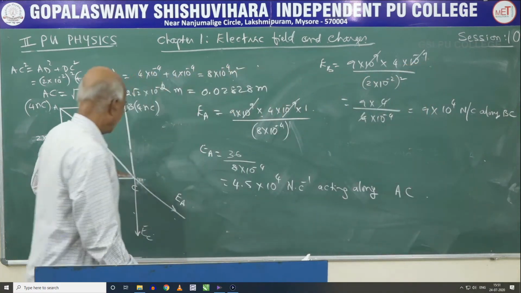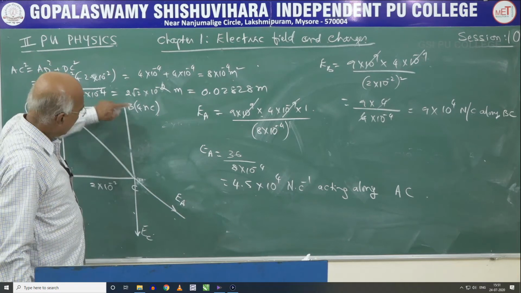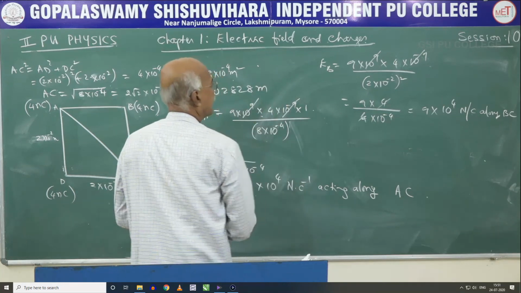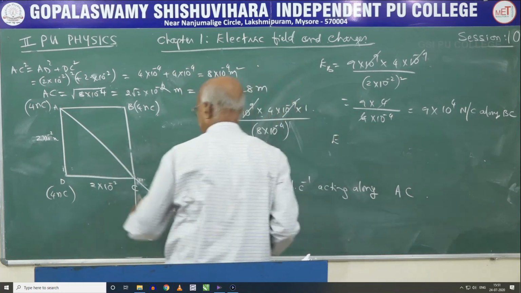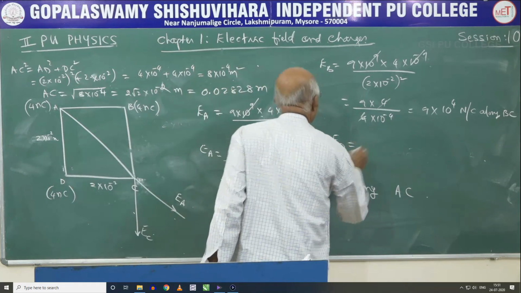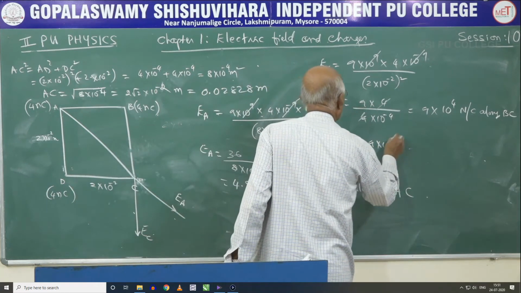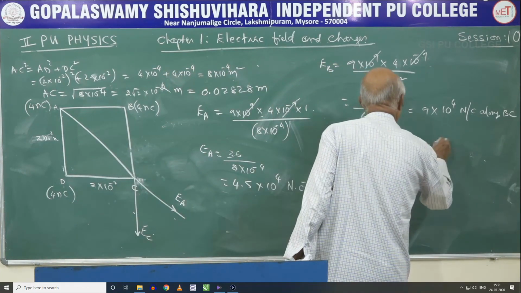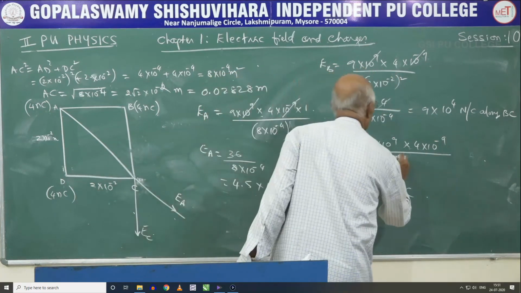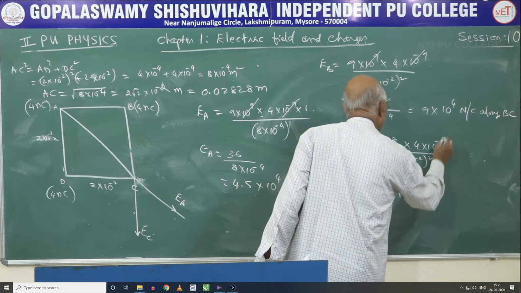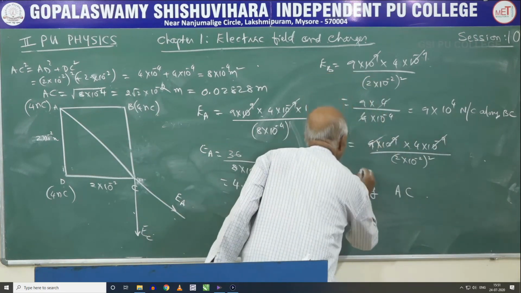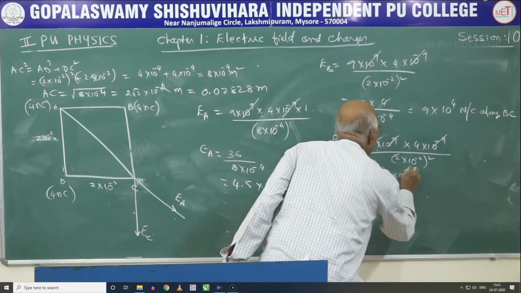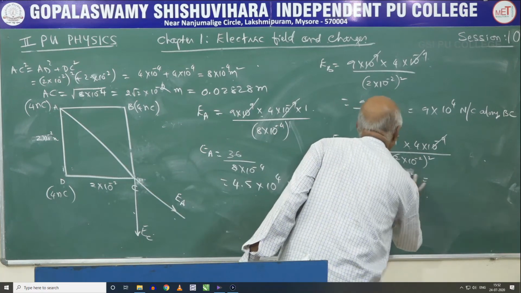So the electric field available due to the charge 4 nC at B along this direction is E of B, equal to so much. Now we will calculate the last case, the electric field at C due to D. Electric field at C due to D comes out to be the same. This is 9 into 10 to the power of 9 into 4 into 10 to the power of minus 9, divided by the distance, 2 into 10 to the power of minus 2, the square. These two get cancelled. Now this is equal to 36 divided by 4 into 10 to the power of plus 4.